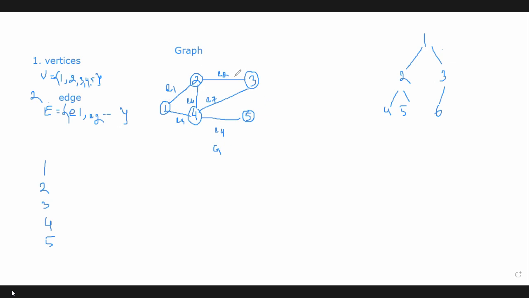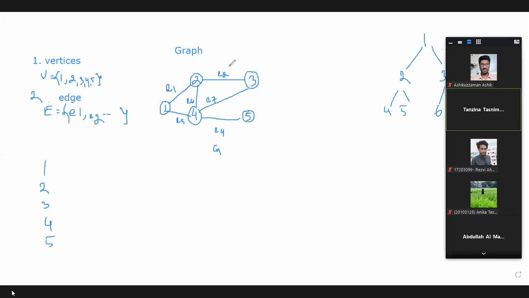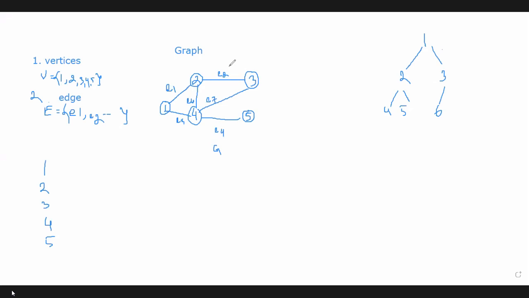So now can you find out whether all the nodes are connected with other nodes of this graph? Look at 2. This is another node and it is connected with 1, 4, and 3 as well. What about 3? After deleting the edge between 3 and 5, it's still a graph. Why? Because all the nodes are connected with at least one other node. 3 is connected with 2, so now we can call it a graph. What about 5? 5 is connected with 4, and the last node is 4, and it's also connected with the other nodes.